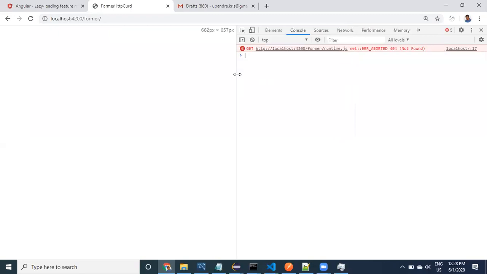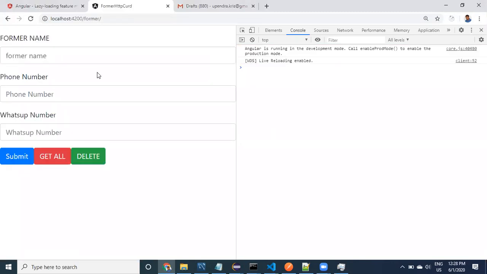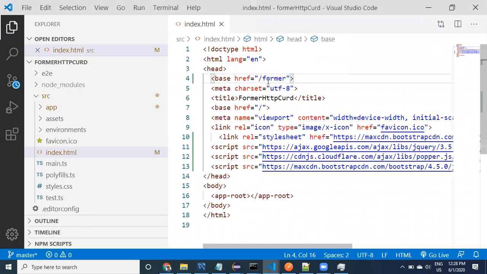Once after providing that, let's look at it guys. It is saying something like this, right? Why? Because we did not provide the forward slash. When you provide the forward slash, this is going to get resolved. See here guys, no other errors. Make sure that you provide the forward slash here. That is step number one.